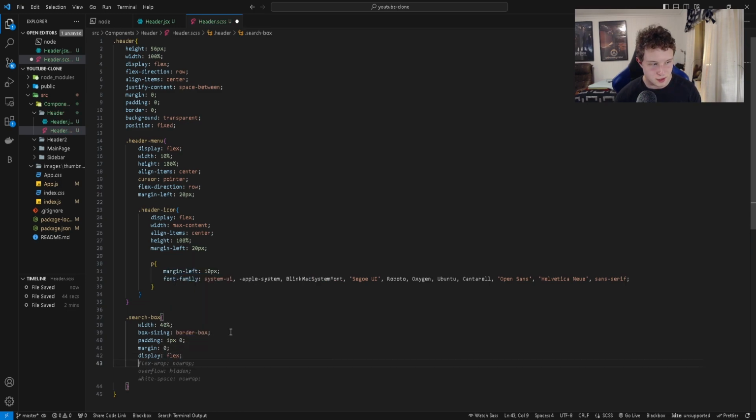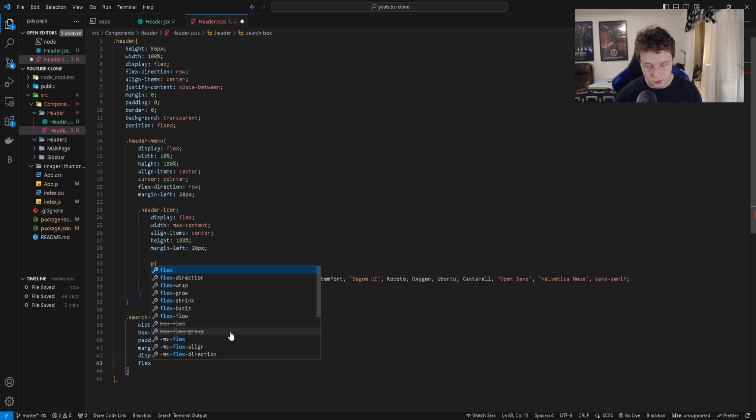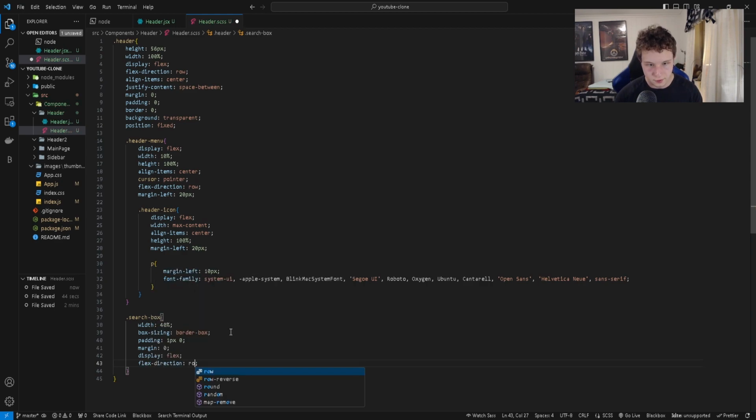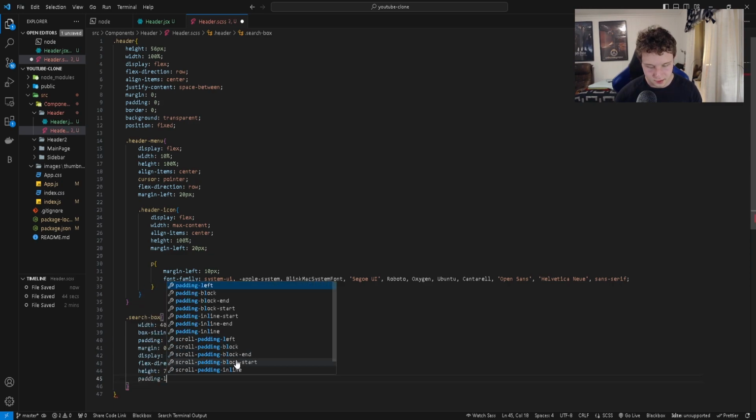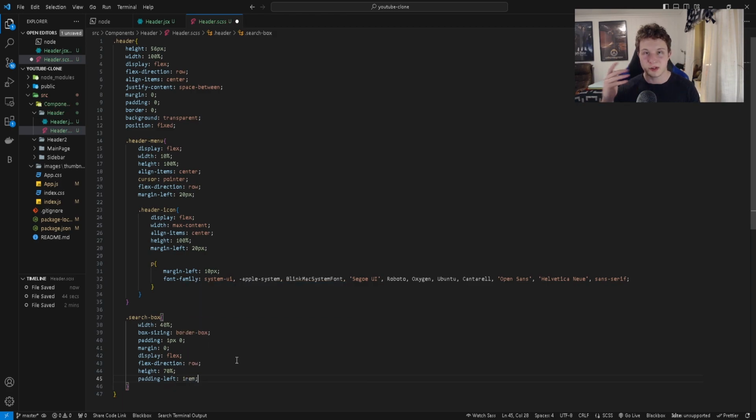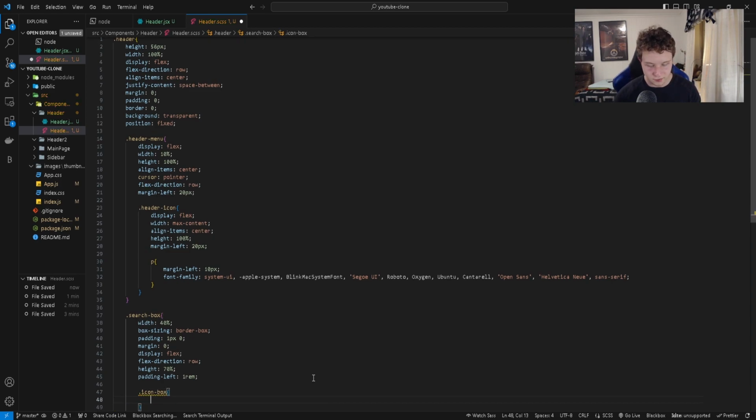We also want to have a flex direction of row. We also want height, which is going to be 70%. And we're going to add a padding left, which is going to be 1 rem. And rem is also responsive, so that's good. Now we want to type dot icon box,